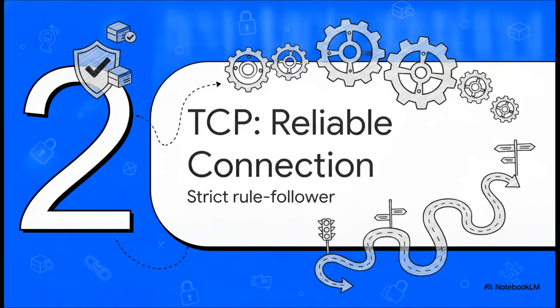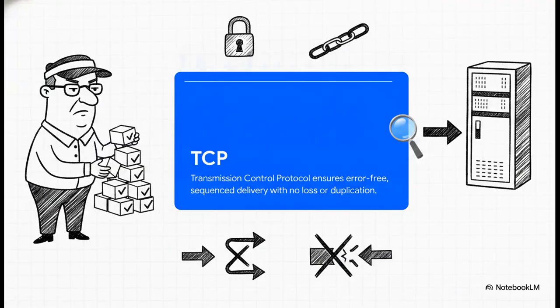Moving right along to part 2, TCP, the reliable connection. Let's meet contender number 1, TCP, or Transmission Control Protocol. This is our connection-oriented service. If we're using analogies, TCP is basically a hyper-organized, super meticulous accountant. It gives you a rock-solid guarantee that your data is going to arrive error-free, perfectly in order, with zero loss